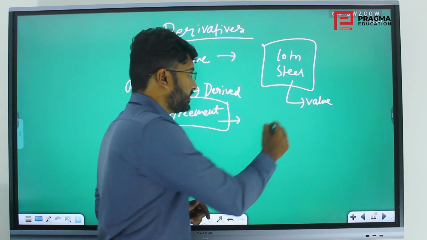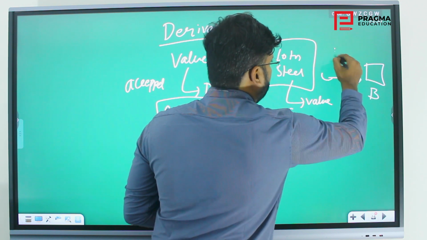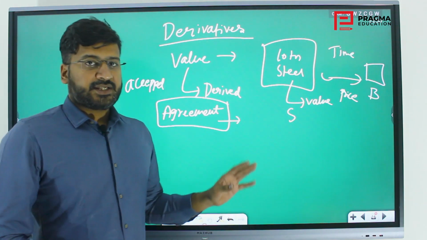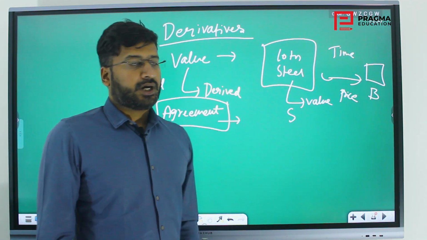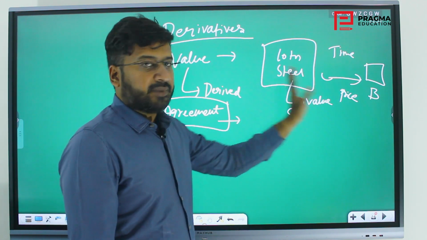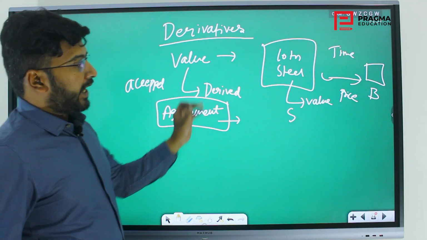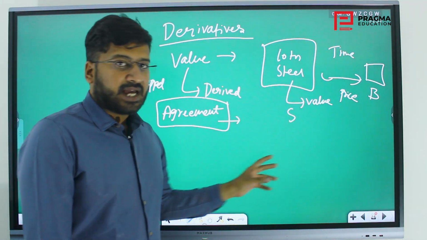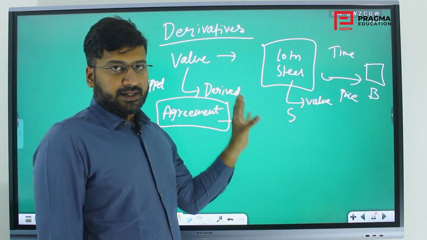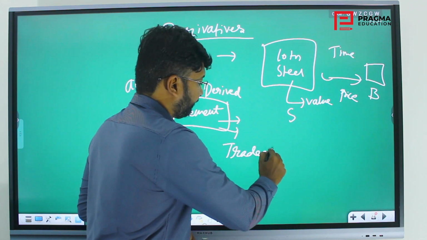As we discussed in the example earlier, there is a seller, there will be a buyer, and there will be a time period and a pre-decided price at which these goods will be sold after this stipulated time. So this is a kind of agreement that is made, and that is nothing but a derivative. Whenever I don't have money, or I want to convert this asset into liquid form, or into another asset, I will use these derivatives, which are tradable,